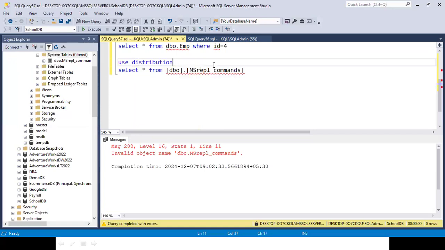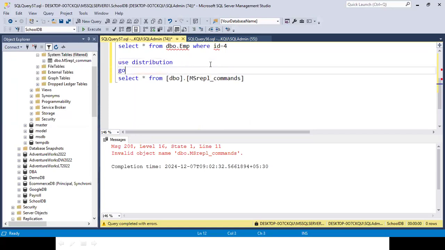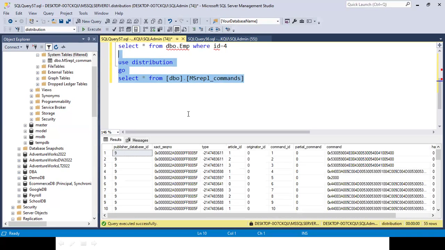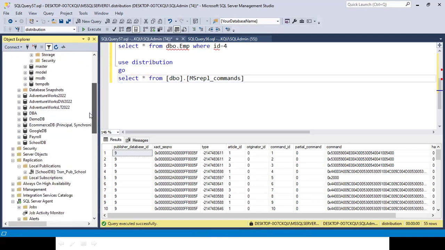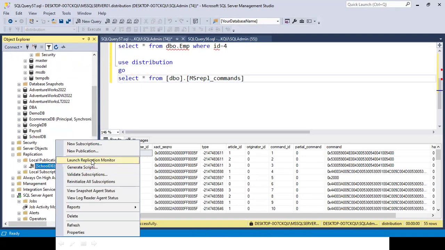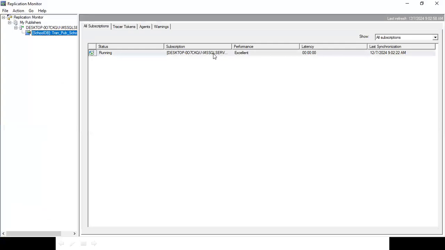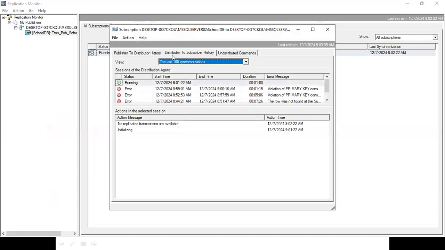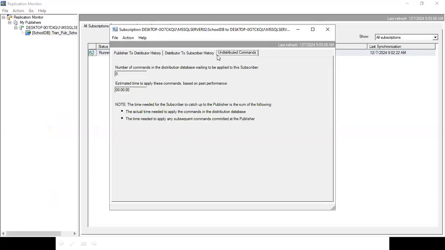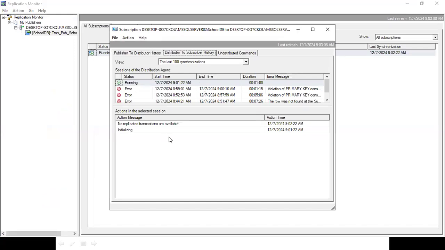So this is another way we can fix this problem, because we don't want to go and delete whatever data, whatever action is there. So what is our next approach? Now, if you check your replication status, it's excellent for now, because I deleted data from the subscriber and automatically the distributor published data into the subscriber, basically. So it's running fine.